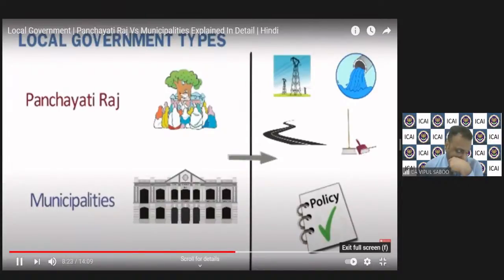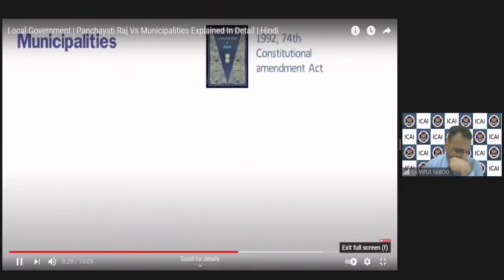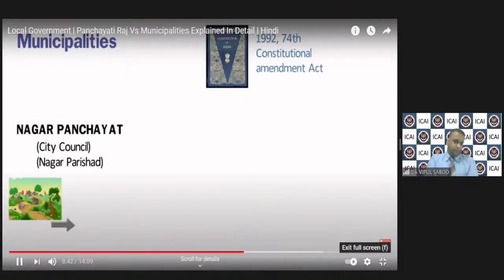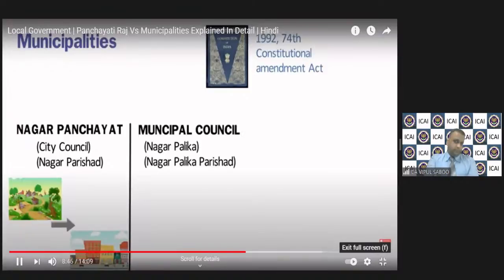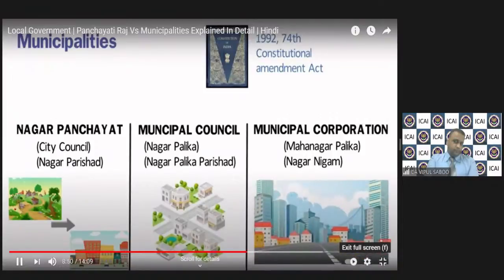में जो लोकल गवर्नमेंट होती है उन्हें कहते हैं म्युनिसिपैलिटीज। म्युनिसिपैलिटीज को कॉन्स्टिट्यूशन में जगह मिली 1992 में 74th कॉन्स्टिट्यूशनल अमेंडमेंट एक्ट से। कॉन्स्टिट्यूशनल अमेंडमेंट एक्ट के बाद अब हर स्टेट का म्युनिसिपैलिटीज बनाना कंपलसरी हो गया। म्युनिसिपैलिटीज बेसिकली 3 टाइप की होती हैं। नगर पंचायत उन एरियाज के लिए जो ट्रांजिशन स्टेट में होते हैं, गांव से शहर की ट्रांजिशन। म्युनिसिपल काउंसिल ये होते हैं छोटे शहरों के लिए। म्युनिसिपल कॉरपोरेशन बड़े शहरों के लिए जैसे मुंबई, दिल्ली एटसेट्रा।